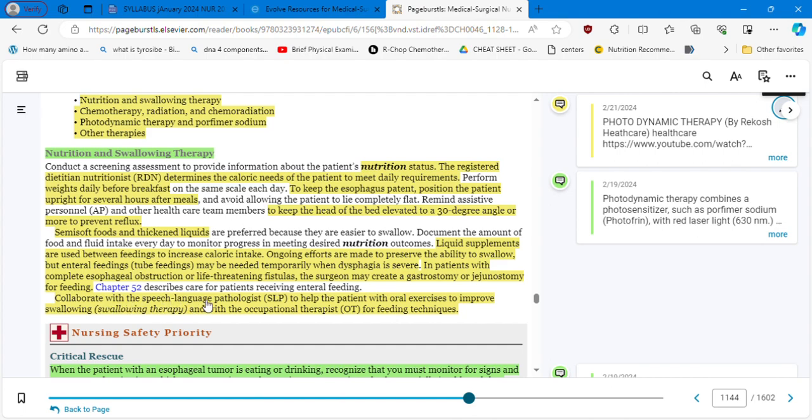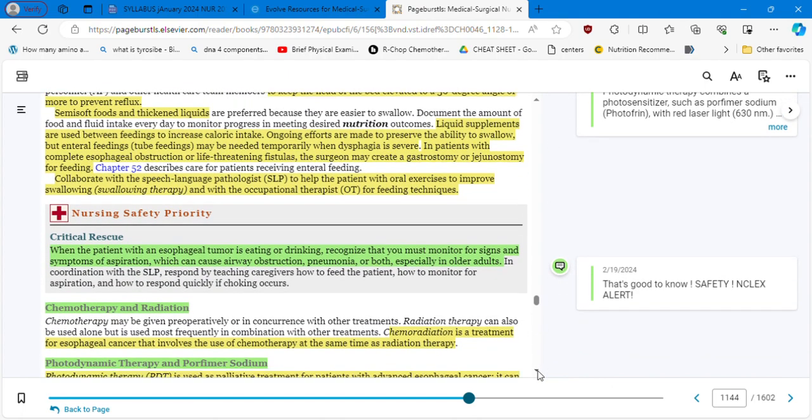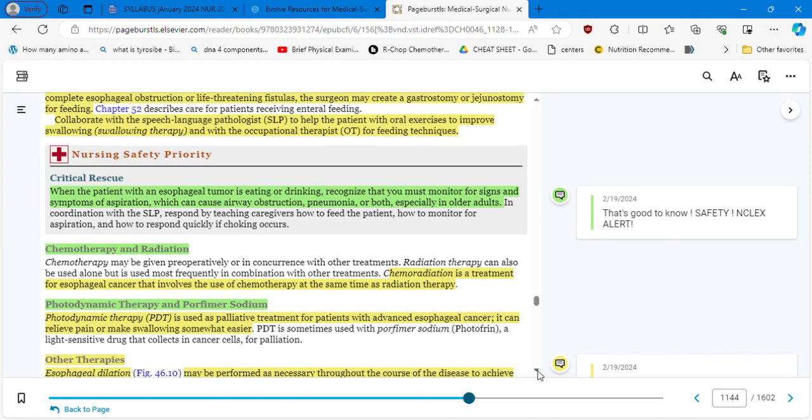Collaborate with the speech-language pathologists to help the patient with oral exercises to improve swallowing, and with the occupational therapy for feeding techniques. Nursing safety priority, NCLEX alert: safety when the patient with an esophageal tumor is eating or drinking. Recognize that you must monitor for signs and symptoms of aspiration, which can cause airway obstruction, pneumonia, or both, especially